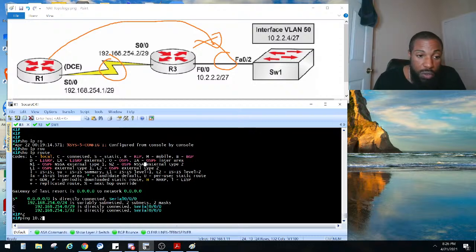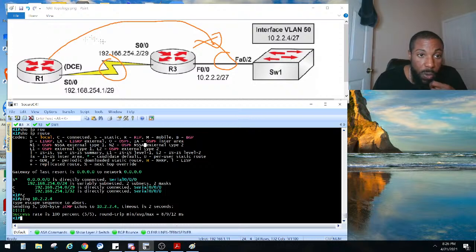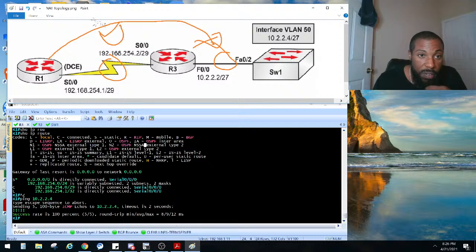Ping 10.224. Yes. Okay, so this worked now. That worked now. Good to go. Let's put a happy face there. So he's good to go. Task number,